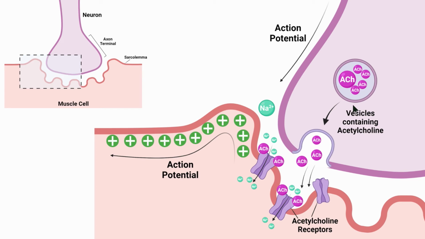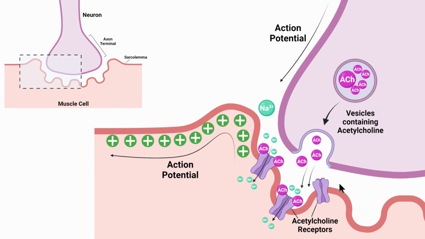It's a molecule, and it's all found within the neuron, the very end of the neuron. And when the neuron is activated through this action potential, the vesicle will fuse with the cell membrane of the neuron. And when that happens, it releases the acetylcholine into what's known as the synaptic cleft, which is the space, because there's no physical interaction, the space between the neuron cell membrane and the muscle cell membrane, known as the